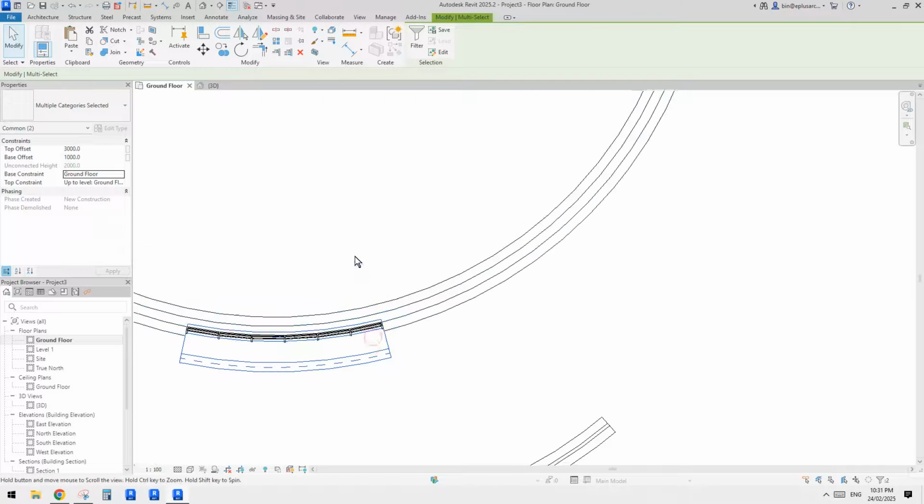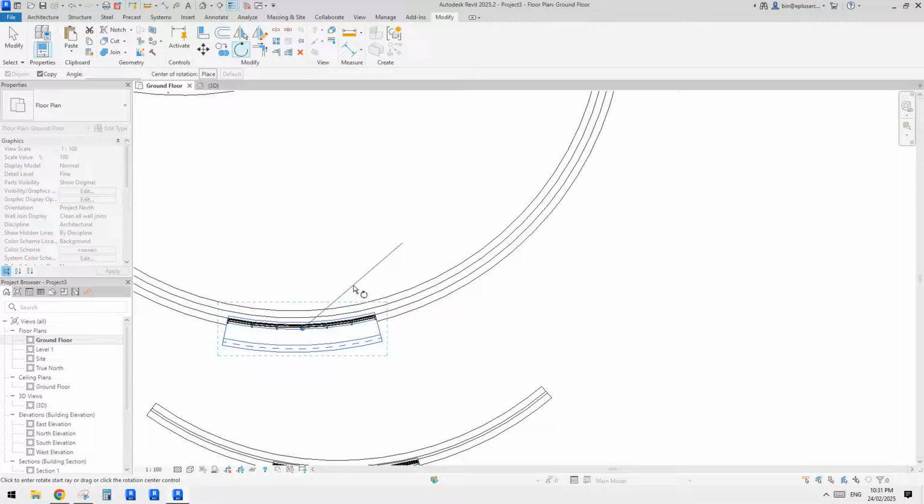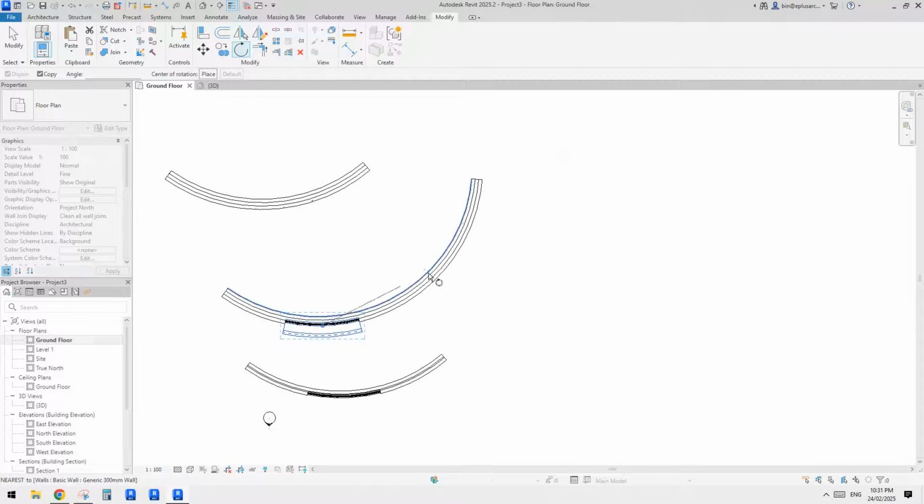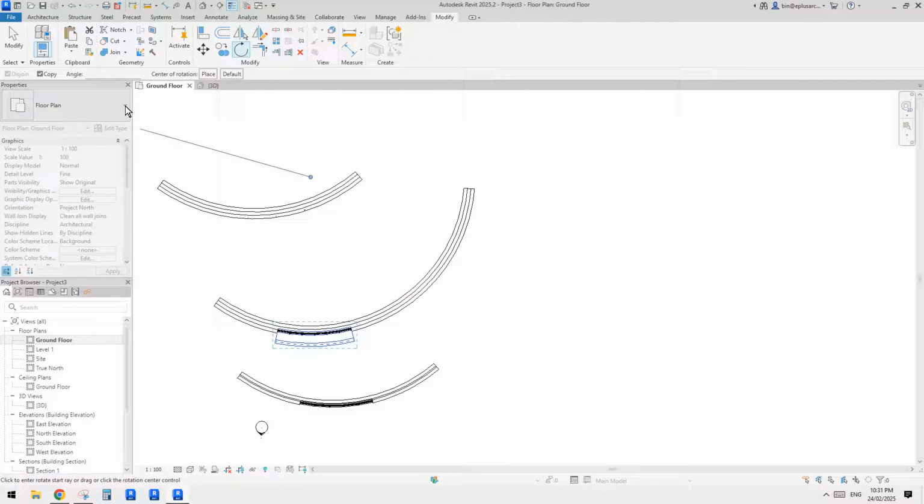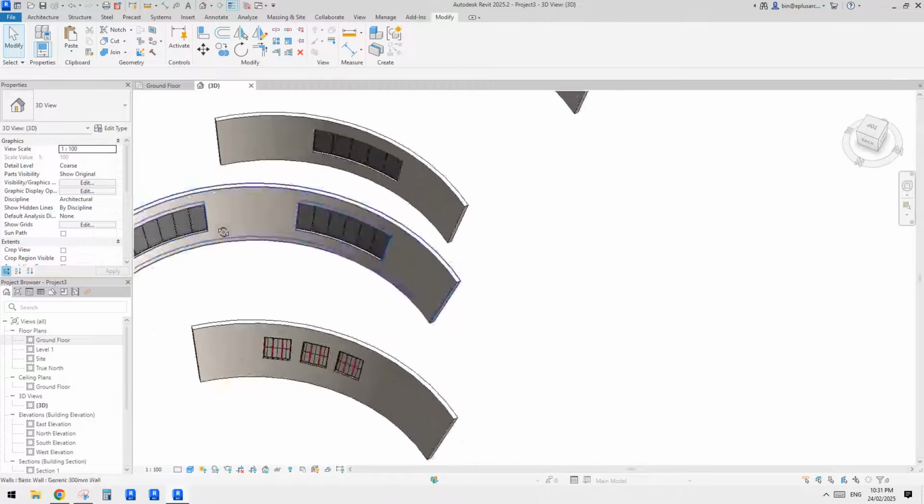Control select and rotate. Now you can see the center of the rotation becomes here. We want the center of this arc, so let's press space, or you can just go to here. Place center of rotation, type SC for snap center point, and pick any of these curves. Then we can just rotate with copy from here to here. Now we have another window perfectly